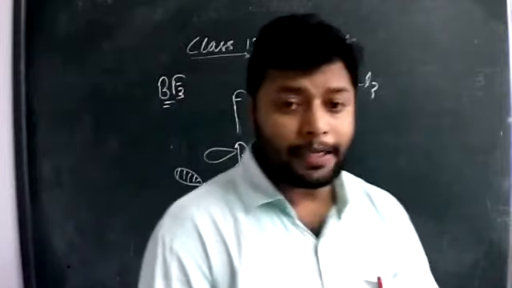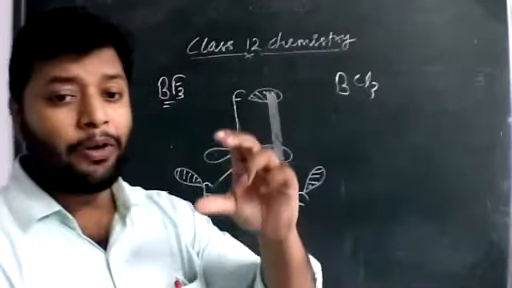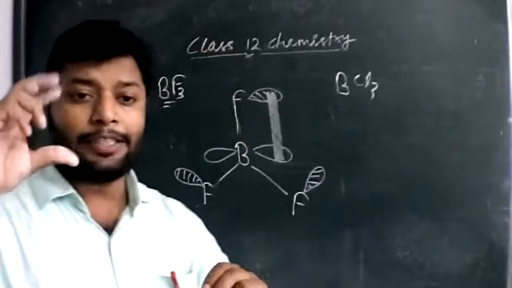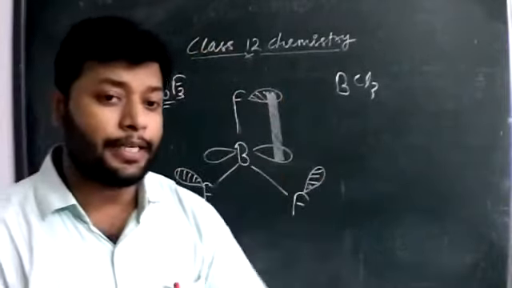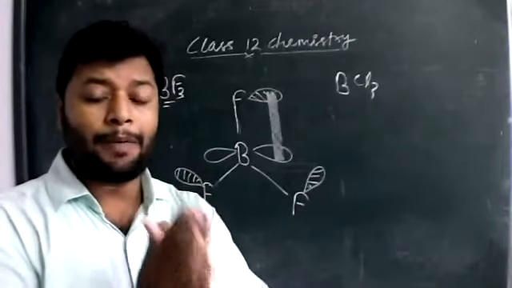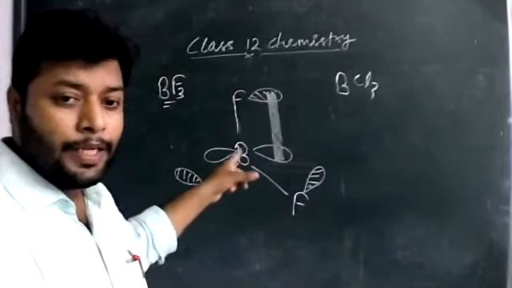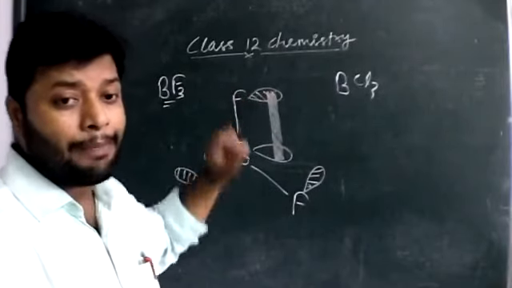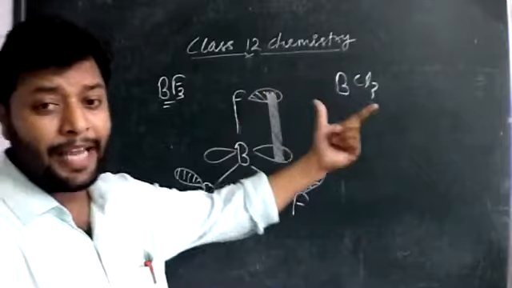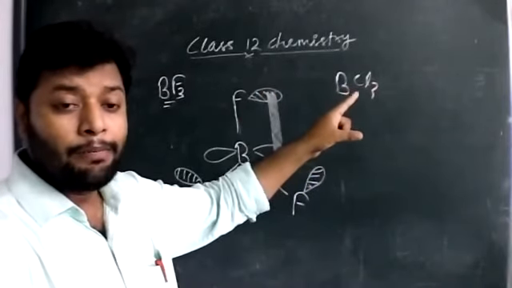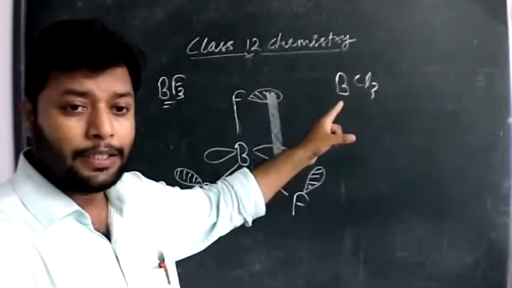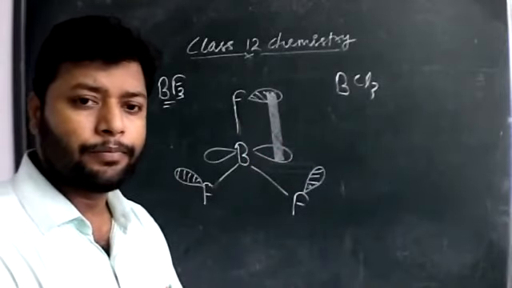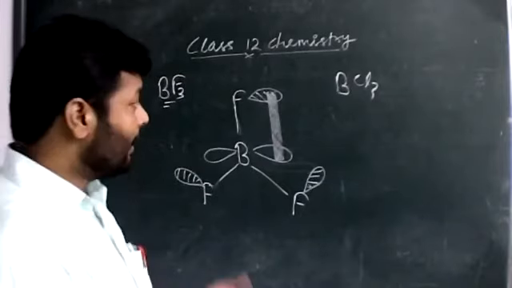So you should learn here: as back bonding character increases, Lewis acidic character decreases. And back bonding character depends upon comparable size. If the elements have comparable size, they have a greater tendency to make back bonding. This is why BCl3 has a lower tendency, because chlorine belongs to the third period and boron to the second period. So they have a dissimilar size, not very comparable. You should learn this.